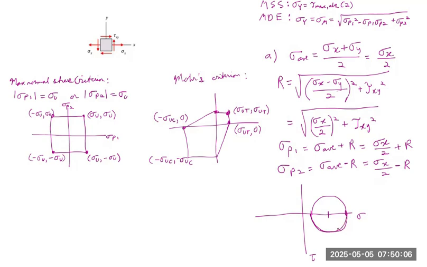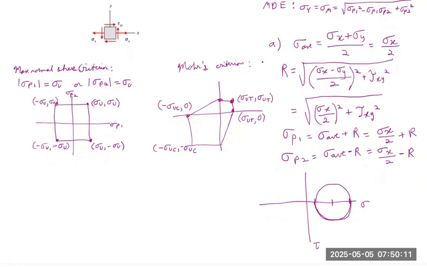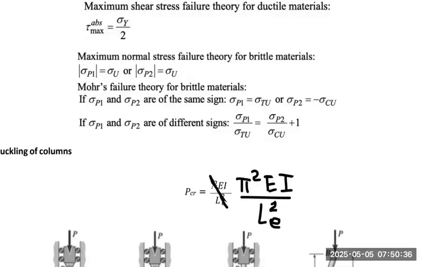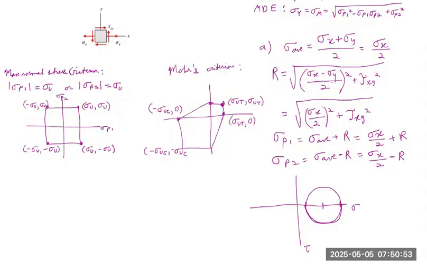I think that's pretty good. And for that, remember from our formula that we need to find the absolute maximum shear stress, which is different than the in-plane maximum shear stress. The in-plane maximum shear stress is always given by R, but our maximum absolute shear stress is not always equal to R, and it's found from drawing our outer plane Mohr circle,